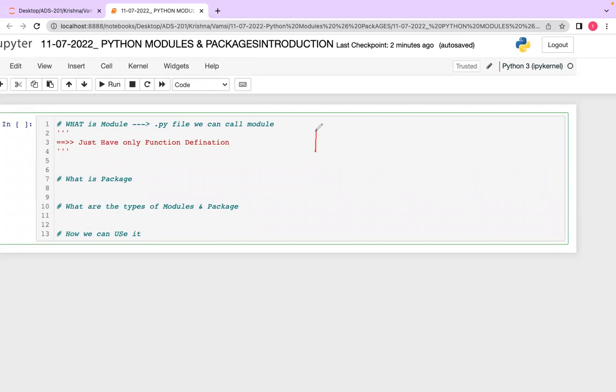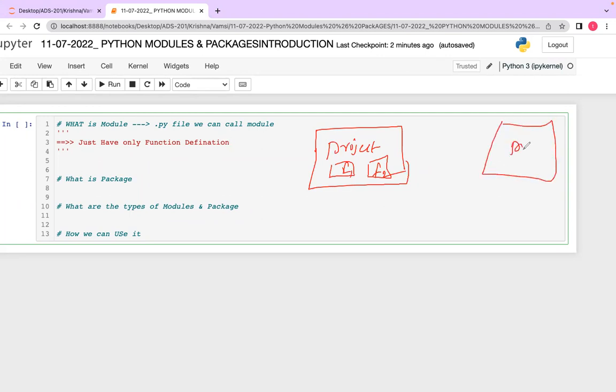For example, you are doing one particular project. In project one, you are using functionality one, and we are using functionality two. After a few months, we start one more project.